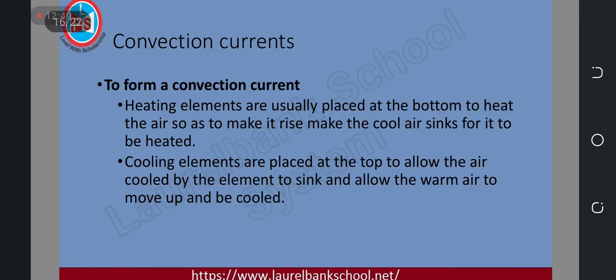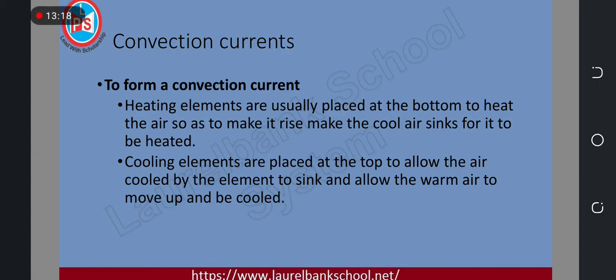Now we will observe how convection currents can be produced. Convection currents can be produced simply by heating the substance using heating elements at the bottom. Then they will obviously gain heat energy and start to rise up, and the cooler one starts to move down because it has quite a large density